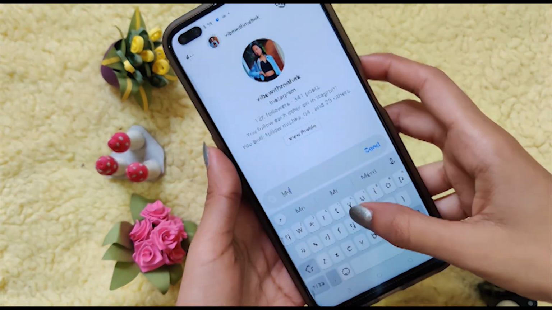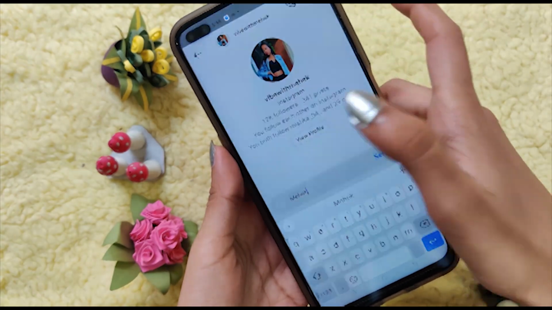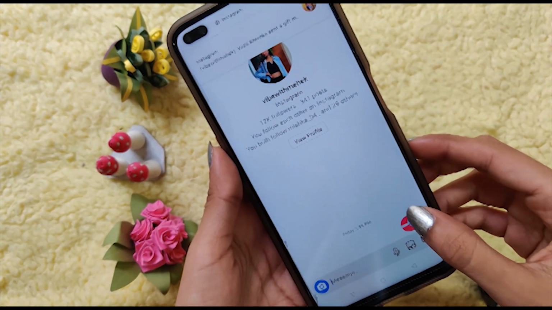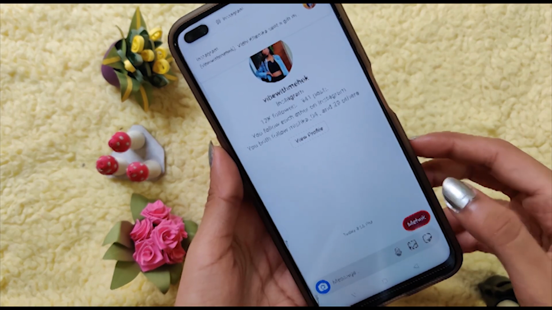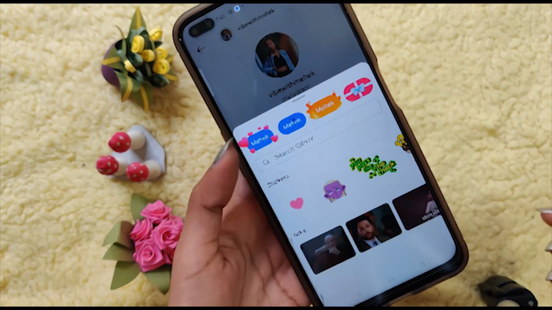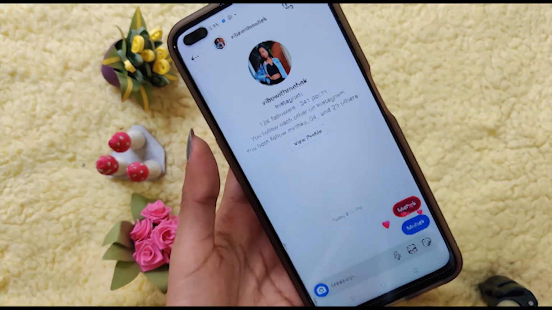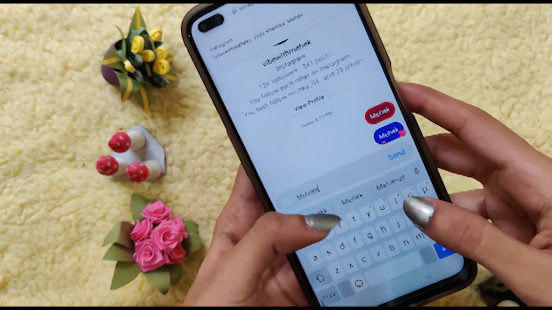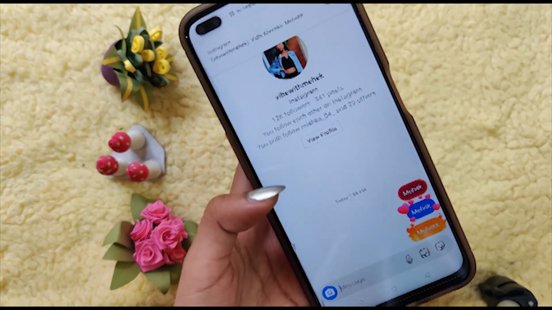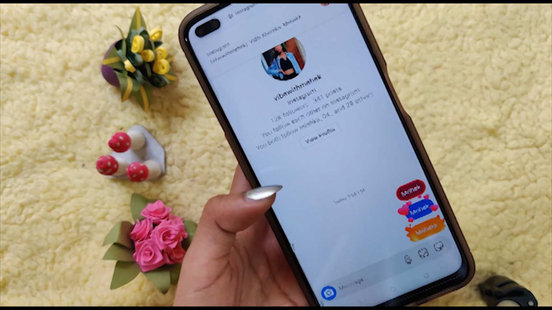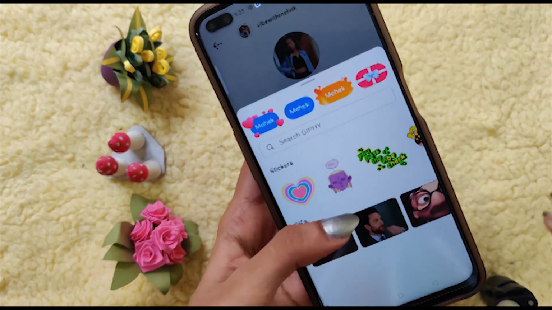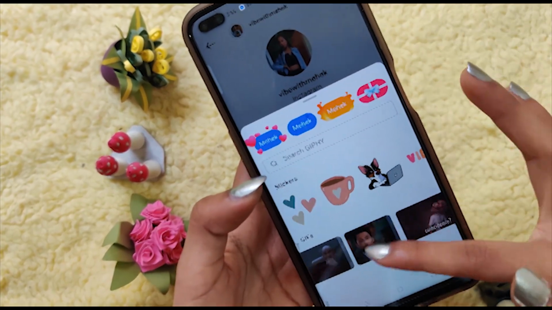So you need to go to the chat box and type anything, and you can see this search option, and you have so many options in this. Like you have this heart option, fire option, and this box option. So you can choose one by one whatever you want. I am choosing all, so you can see how it works. Personally, I just love this last option. This is something kind of a burst in the text. This option I just love it, and also this box option is my favorite one. So you can just make your chat more interesting.